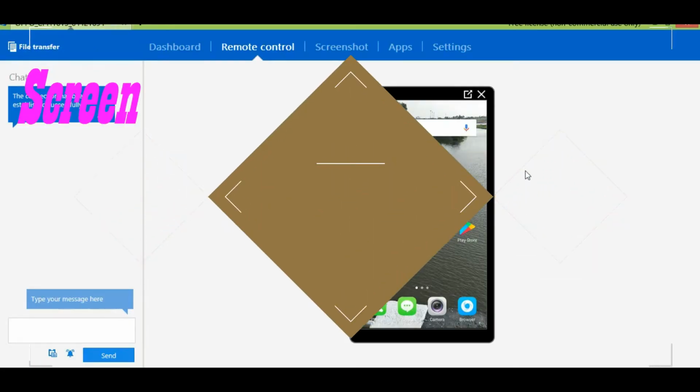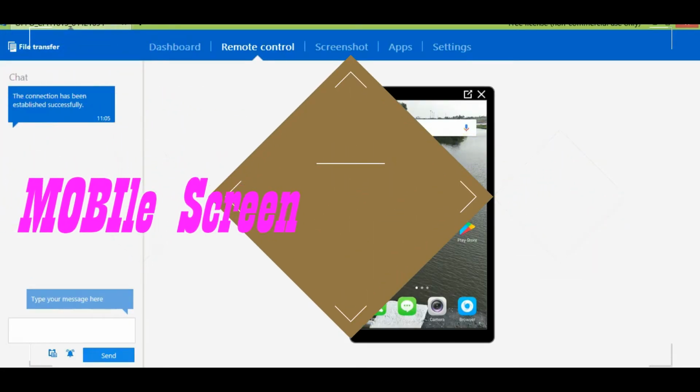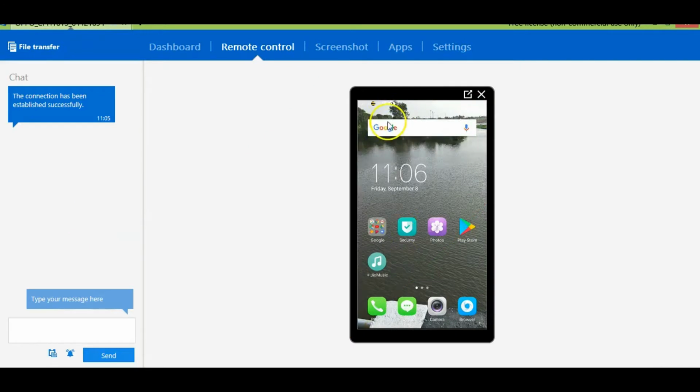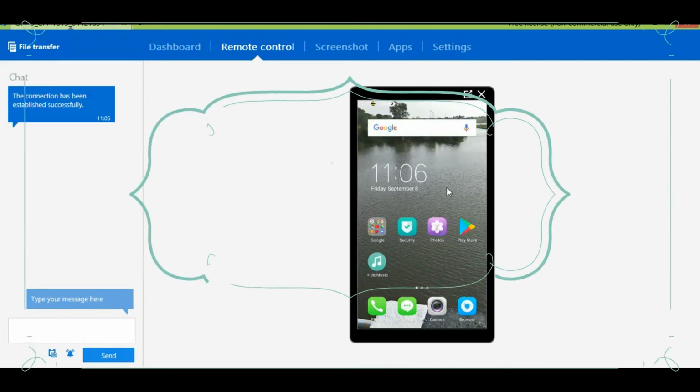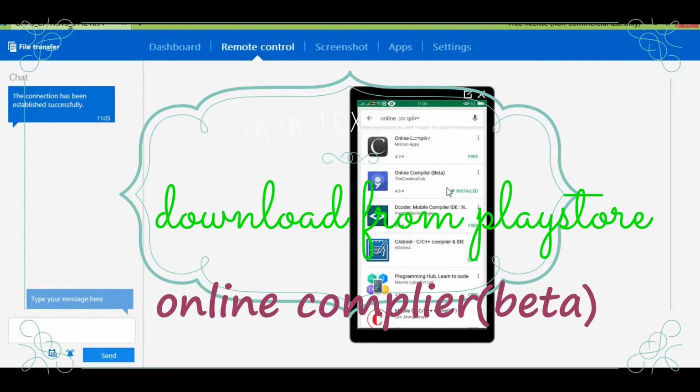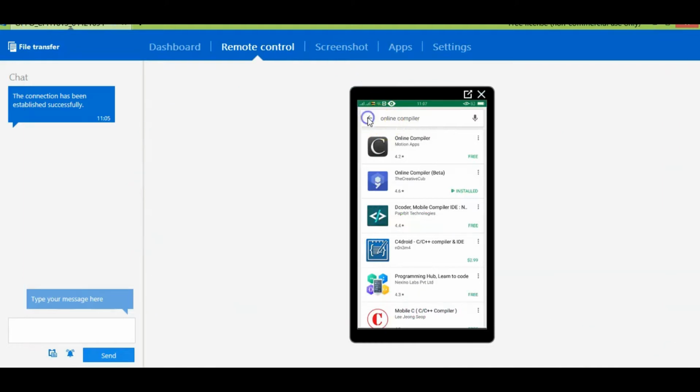So this is my screen. You can see here, this is my mobile screen, and you can see it on my desktop here. So the first thing we need to write a program is an IDE. So to get an IDE, we have to go to the Play Store. You can see this is my mobile screen, and here I can go to the Play Store, and in the Play Store we need to search for